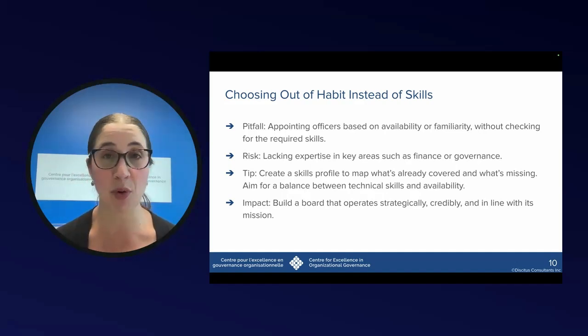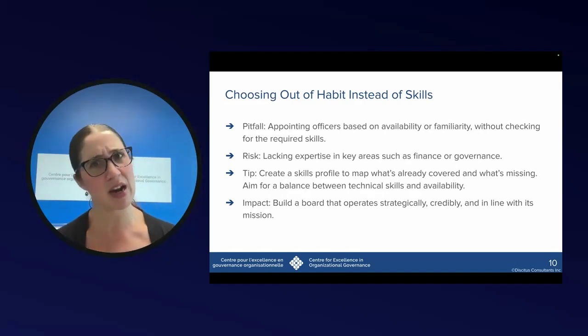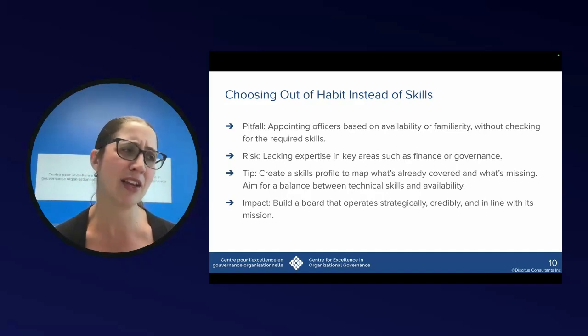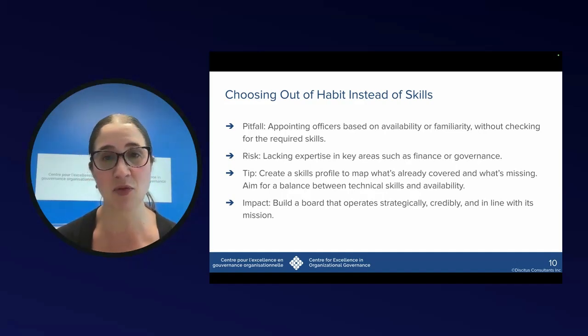This holds true for appointing the treasurer. Oh, this person, they really know the organization well. They're not really well versed in financial terms, but they're there, they're available, they have the time, and they know the organization. So let's name them treasurer. There's a risk there. So I invite you to create a skills profile to map what's already covered and what's